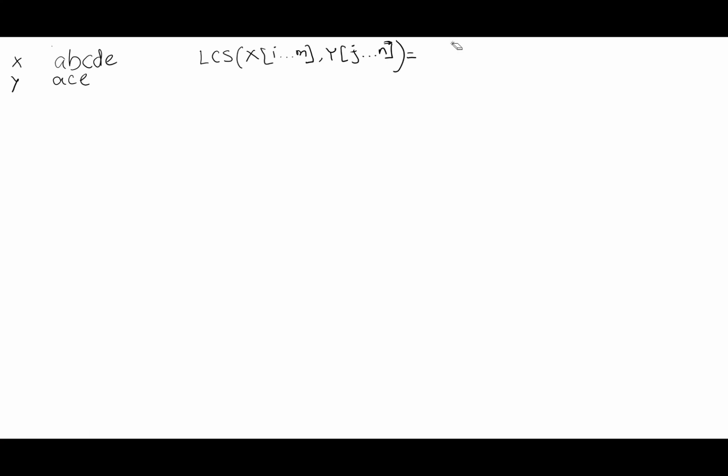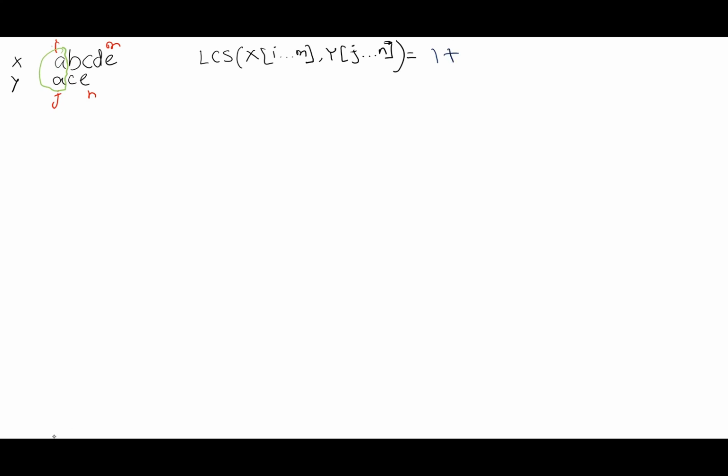Say the indices of x run from i to m, where m is the length of the string. So this is index i, and this is index m, and this is index j and this is index n. Okay. So as you see here, there is a match between the characters of index i and index j. So in that case, can we say that we can count 1